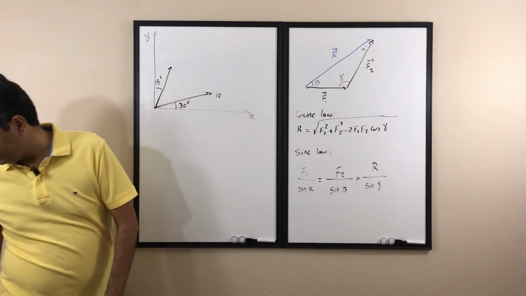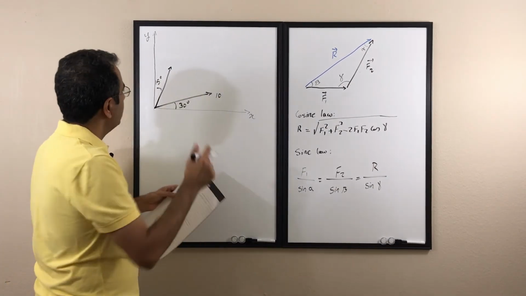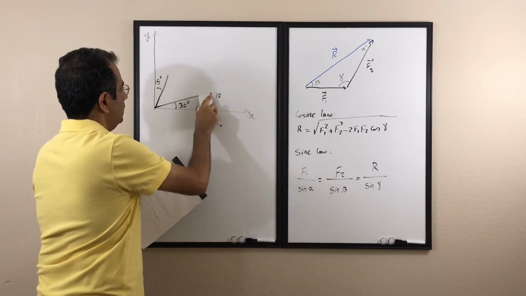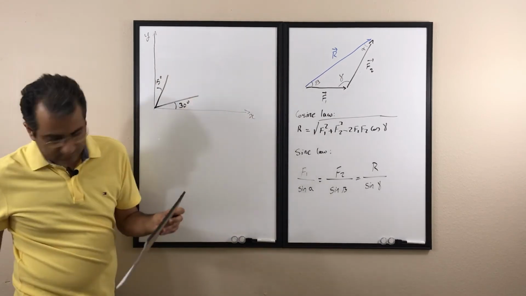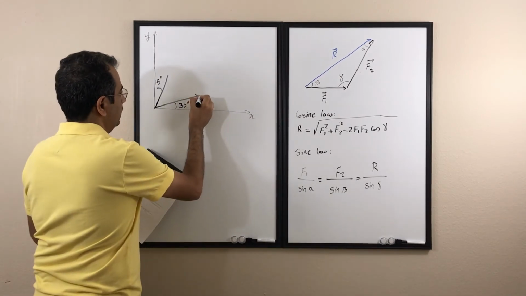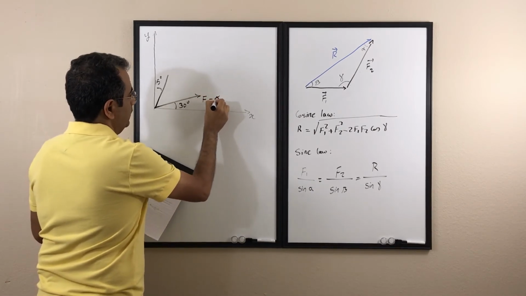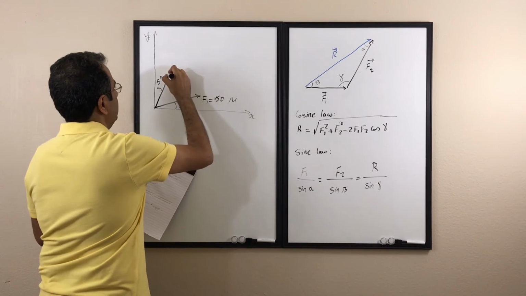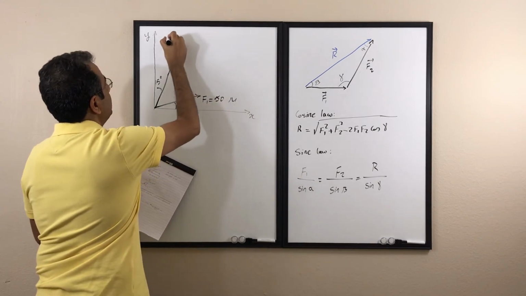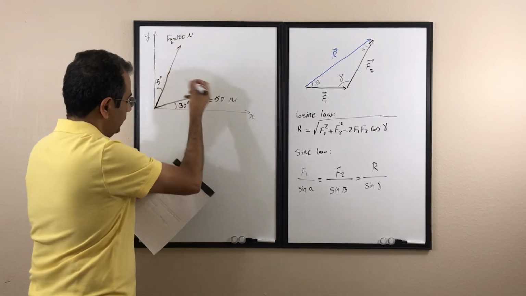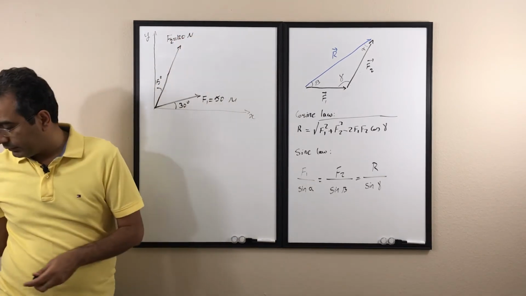F1 is 50 Newton, and F2 is 100 Newton, and we want to find out the resultant forces for these